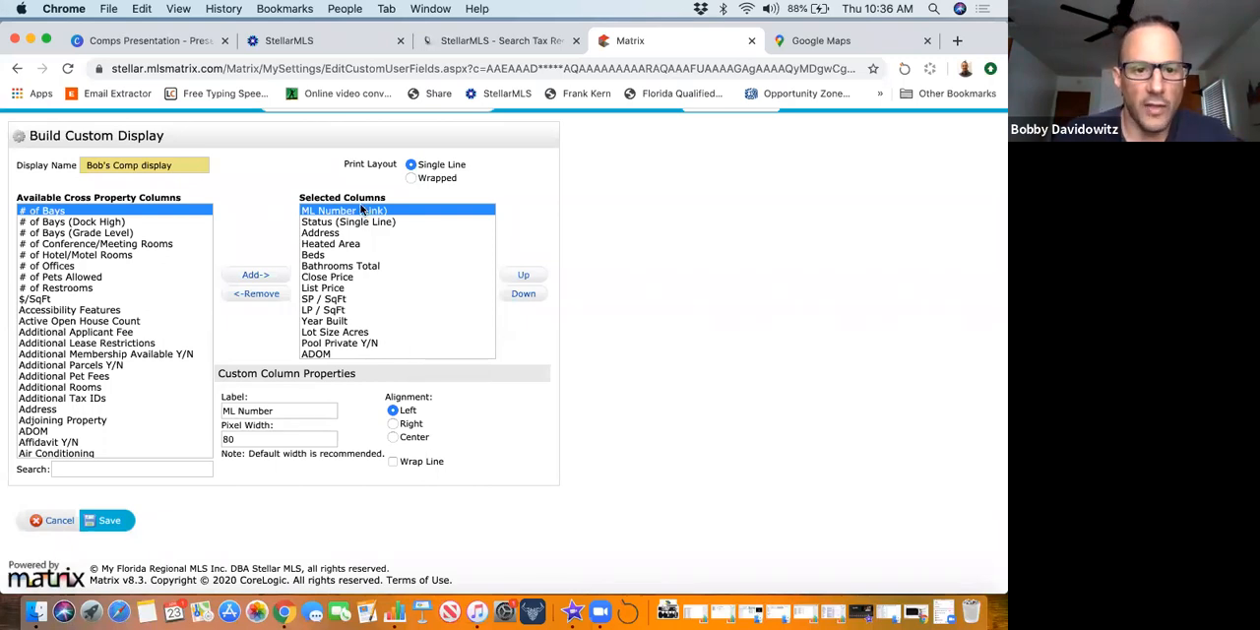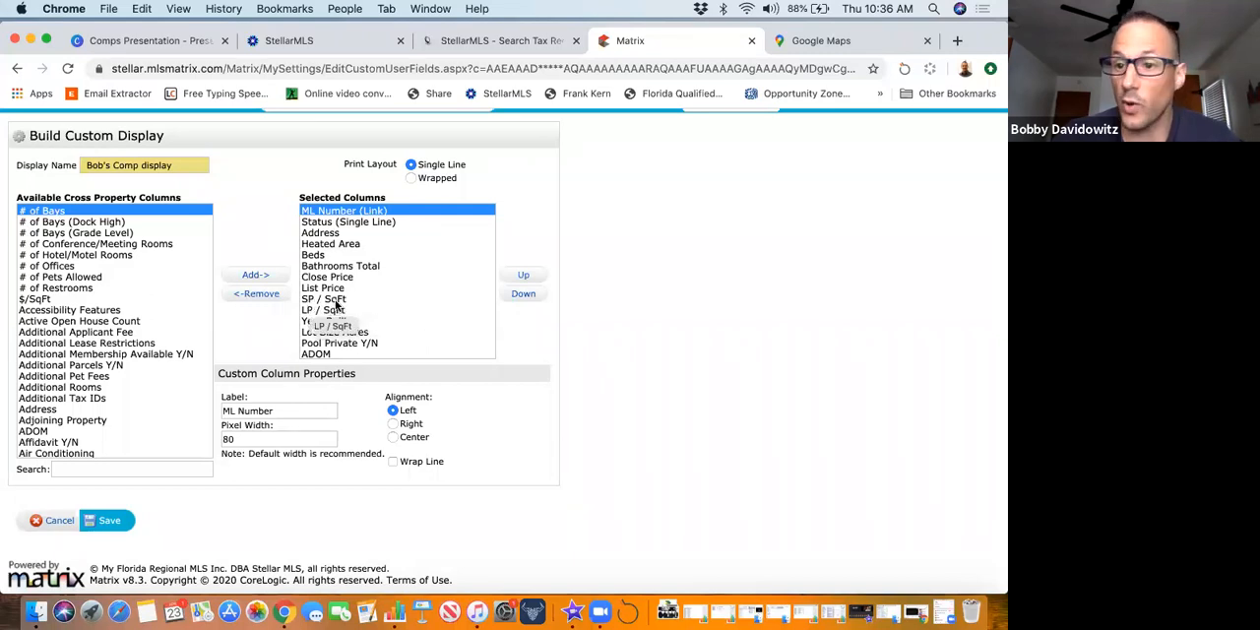On the right-hand side, I've moved over the things that I want to be able to look at. So one is ML number link. That's just a link to the MLS number that I can click on and see the listing. Status: is it active, pending, or sold? The address, the heated area, the beds, bathrooms total, the close price, right? What price did it actually sell for? The list price. And then